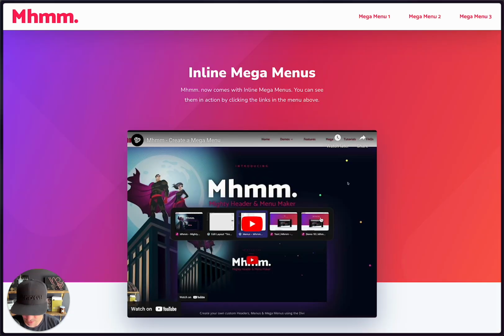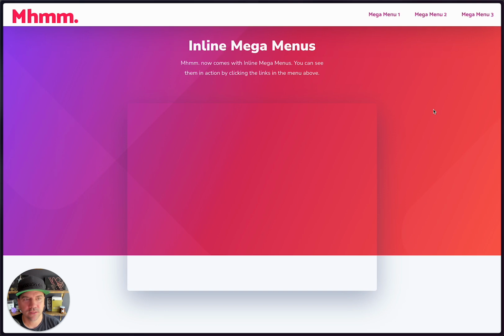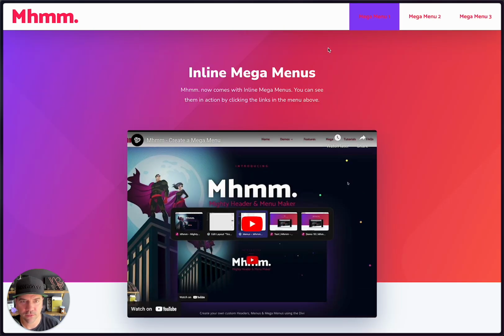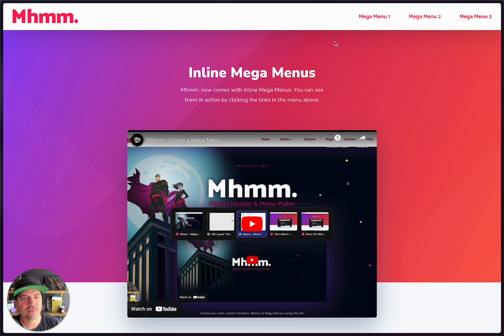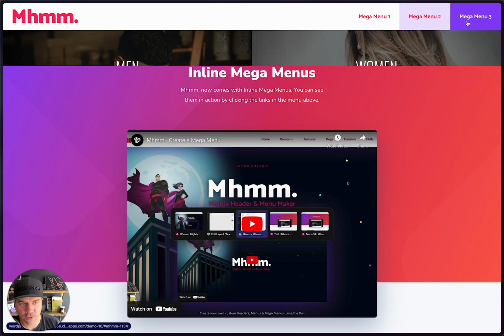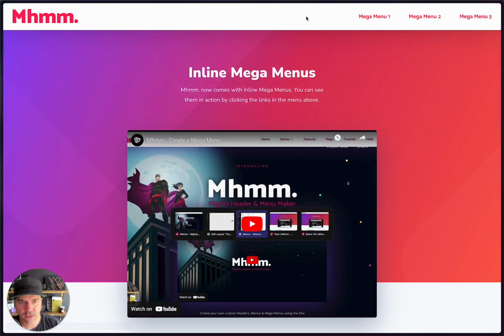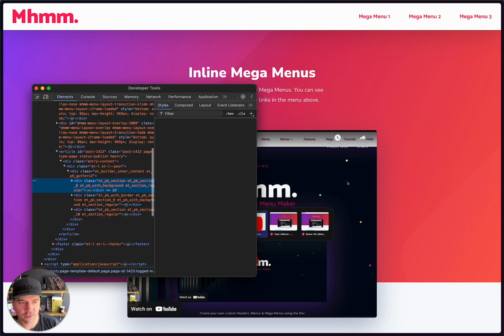So let me go back here and refresh now. So on desktop, we have our, let me let it load there. Okay. I'm on a test staging site here that's a little slower, but on desktop, it works fine. But when I go to tablet and mobile,